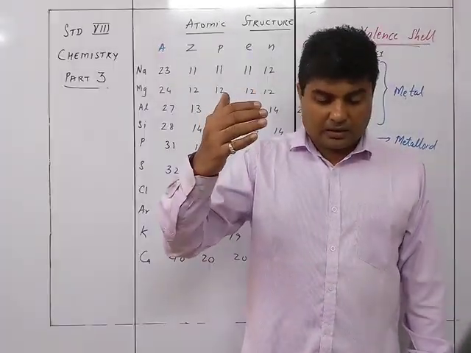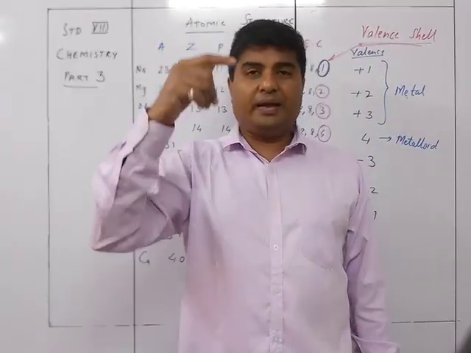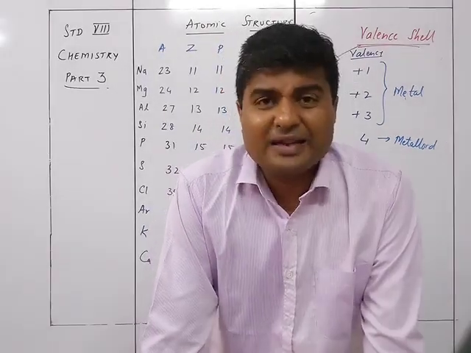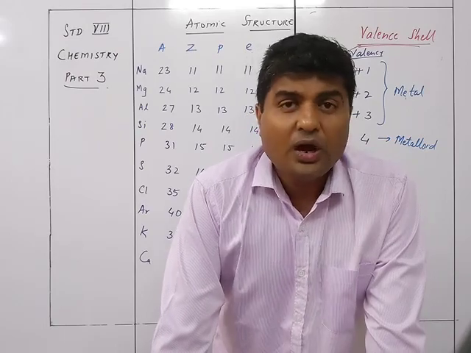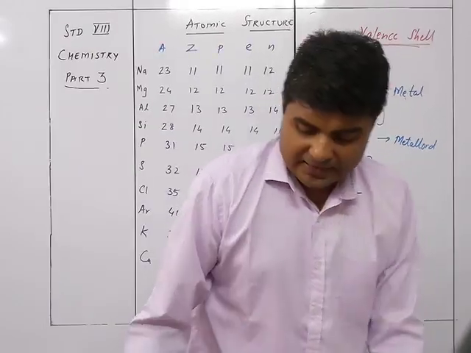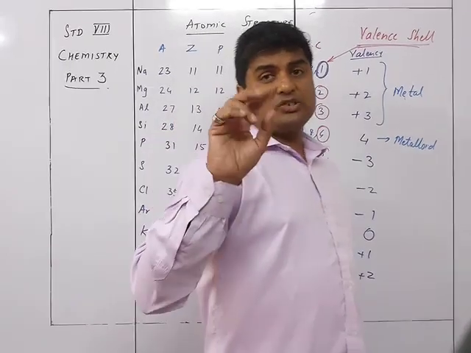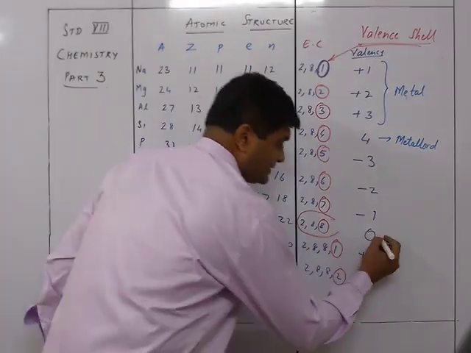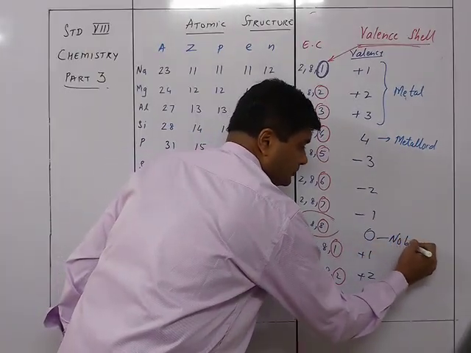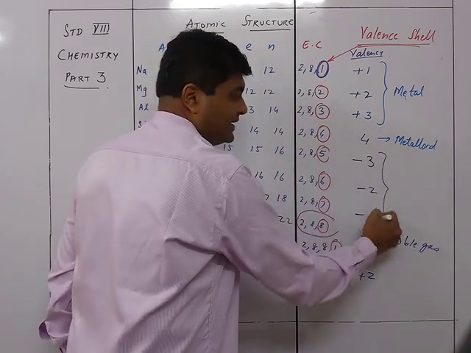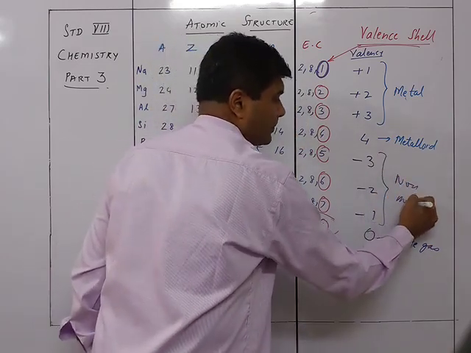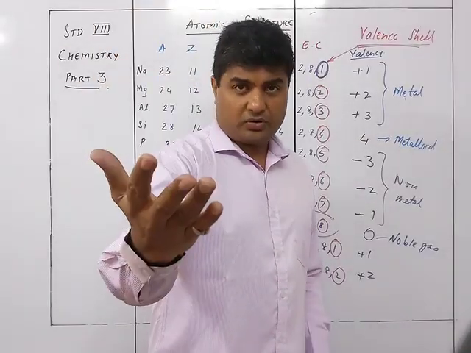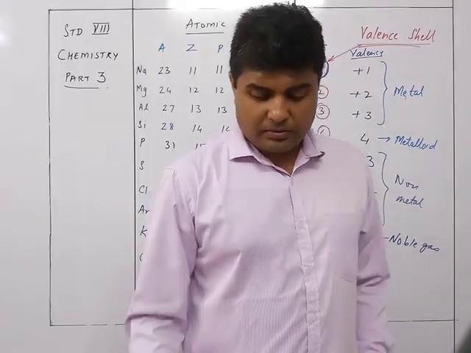Whereas lithium से लेकर neon तक, the valency will be 1, 2, 3, 4, will be anything, but will be non-metal, and then minus 3, minus 2, minus 1, and then 0. So according to that will be the valencies of this one, and hence we have hydrogen as metal or non-metal both, whereas helium is a noble gas. If it is 0, it is a noble gas. This is noble gas. And if this is minus, then it is non-metal. So non-metals accept electrons, a metal donates electrons. Non-metals accept electrons and this donates electrons.